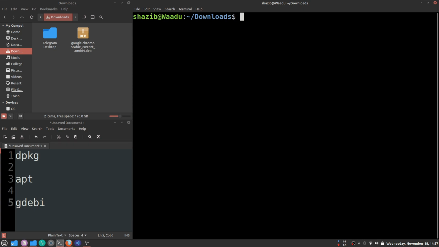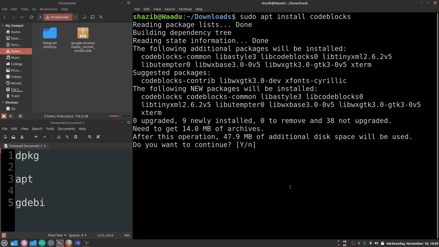But the apt command is not only used to install a local Debian package, it is also used to install a Debian package from the repository. Consider a repository a cloud or hard disk where all the deb packages are present, and you install by writing sudo apt install. I'm going to install something like codeblocks. Install codeblocks. In this case it's asking for my consent. Yes.